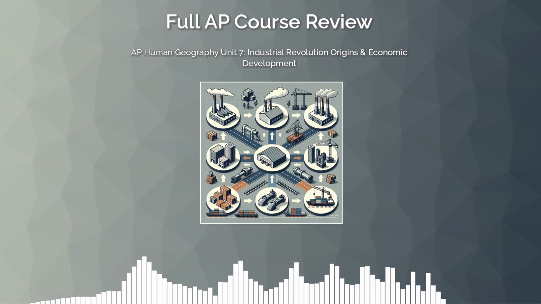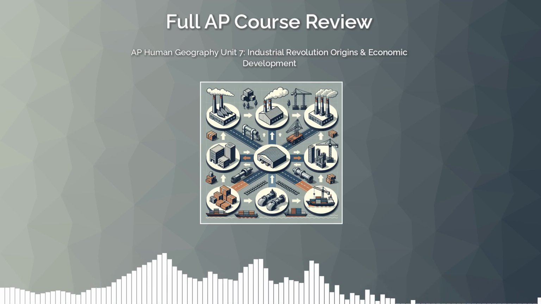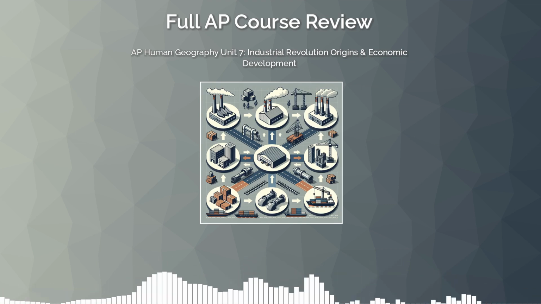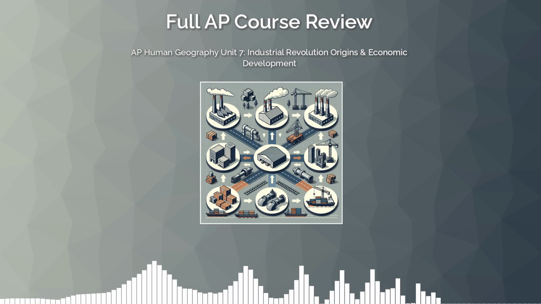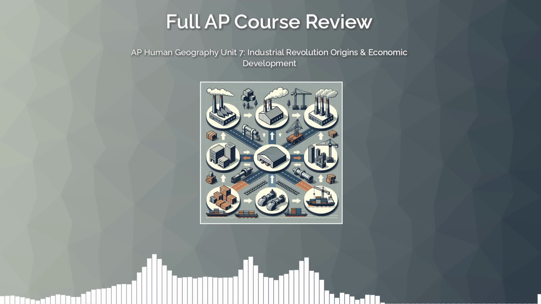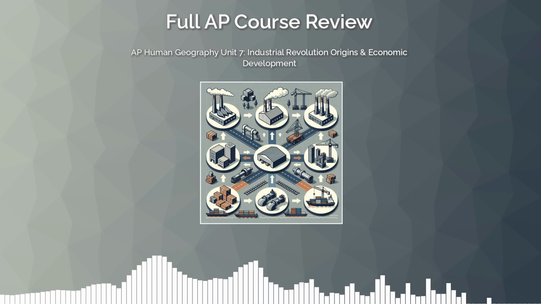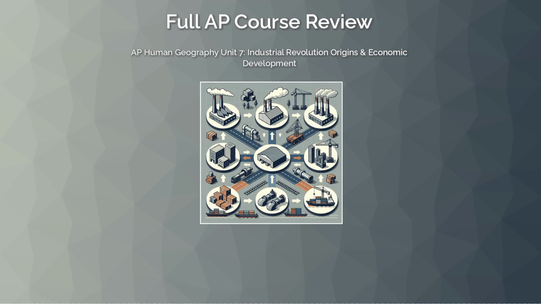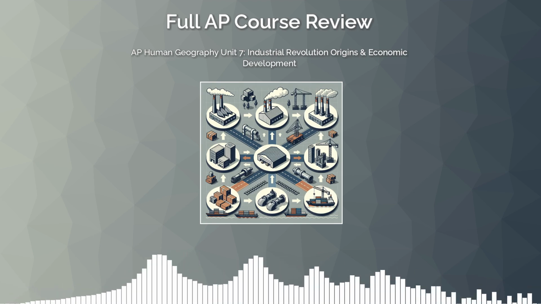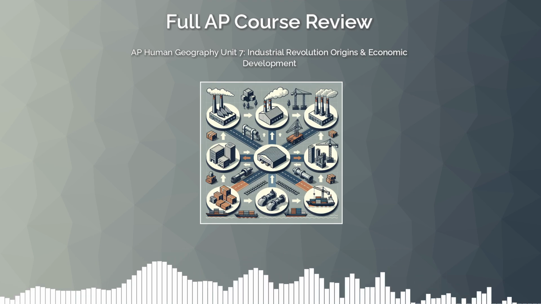A second trap involves HDI versus GDP comparisons. Some countries rank higher on HDI than their GDP per capita would predict. Cuba is a classic example with strong life expectancy and literacy rates relative to its income level. Others rank lower on HDI than their GDP suggests, often oil-rich states where wealth is concentrated among few people and hasn't translated into broad social development. When you see this divergence on the exam, the correct explanation almost always involves income inequality or government investment in